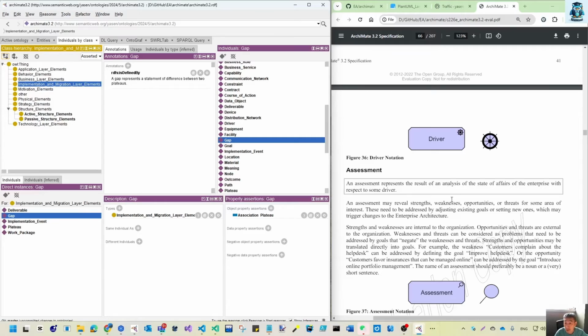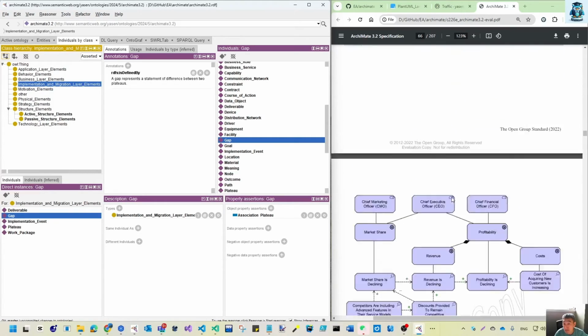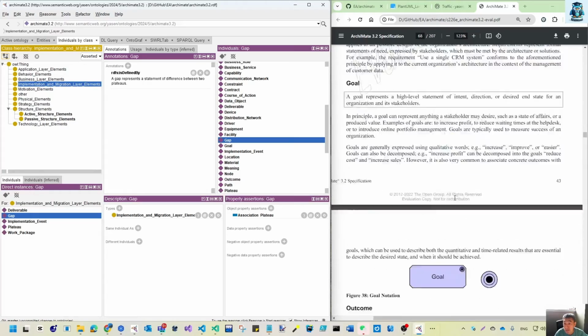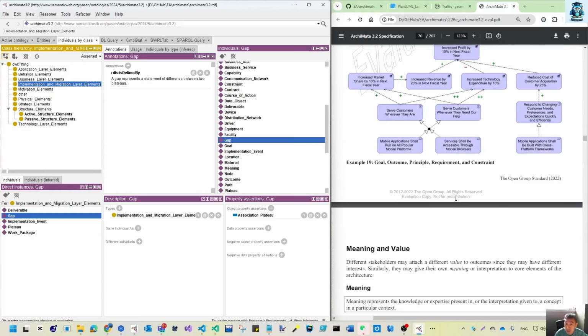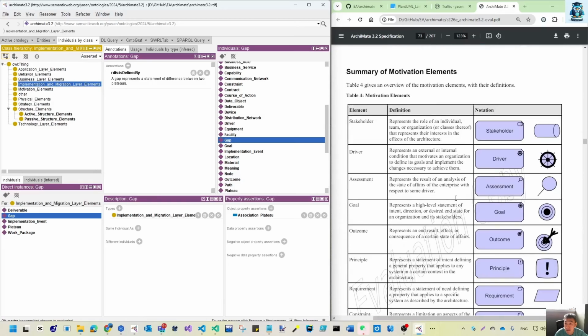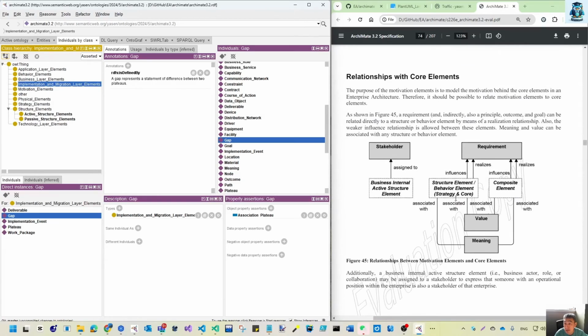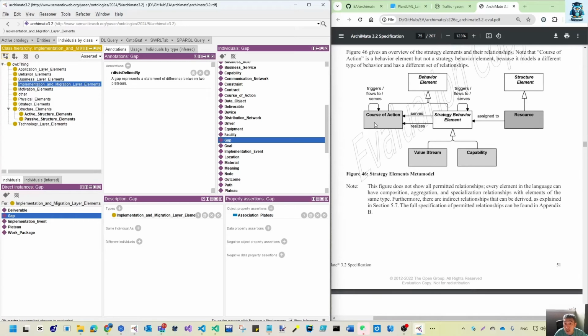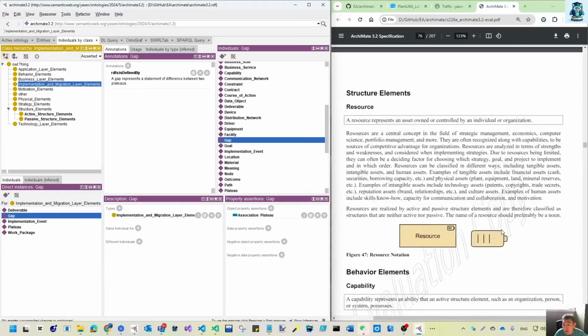And another thing you can see from the meta model. So let me put here. For example, let's go to another layer. We already saw the motivation layer. So let's come to here, on the strategy layer. If I say strategy layer, I have a course of action, and that is